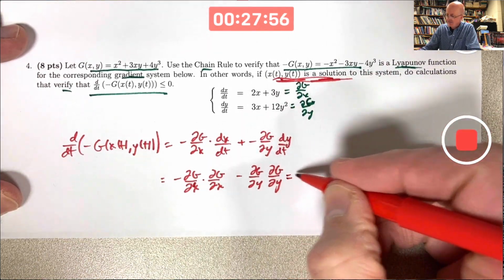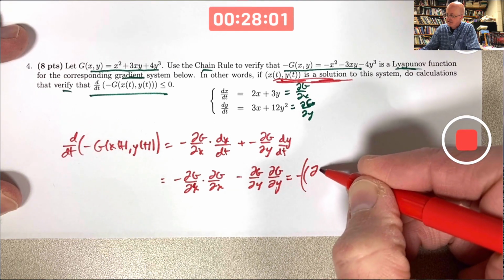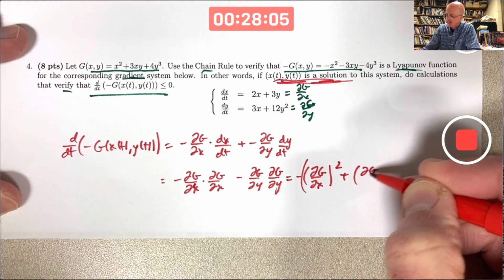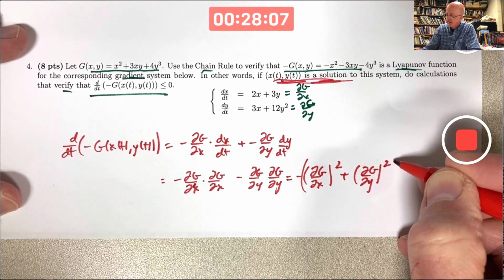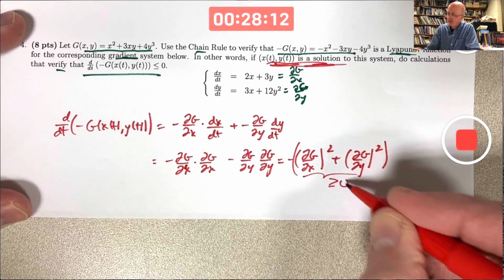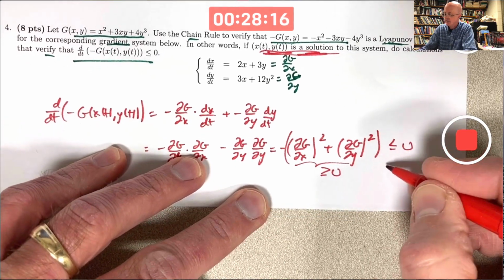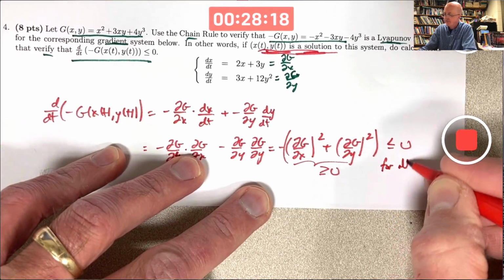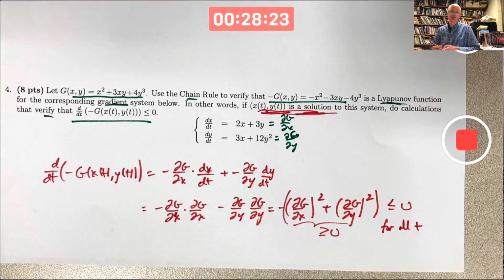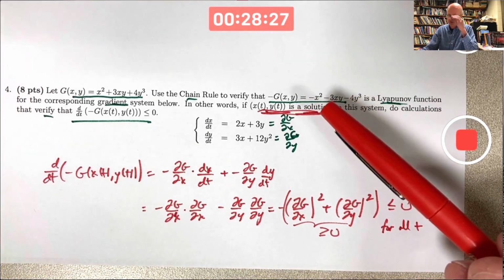But it doesn't matter. This is now the opposite of, in parentheses, the partial of g with respect to x squared plus the partial of g with respect to y squared. We're only dealing with real quantities here. This thing is always greater than or equal to 0. Therefore, because of the minus sign, the entire thing is always less than or equal to 0 for all t. Okay? I can do this without knowing formulas for these solutions. Okay? There is some formula that maybe cannot be written in terms of elementary functions for x of t and